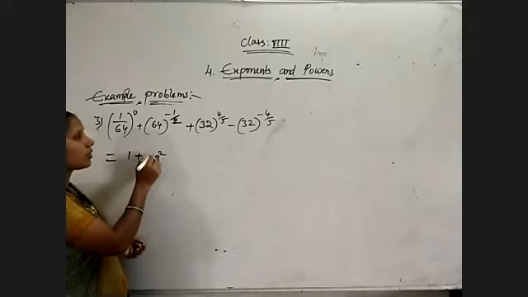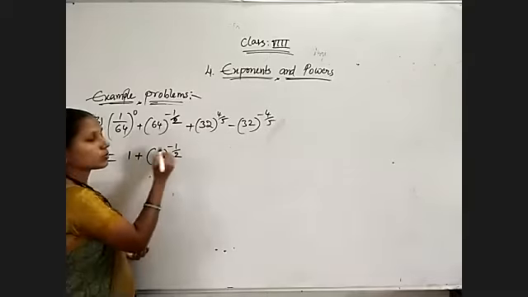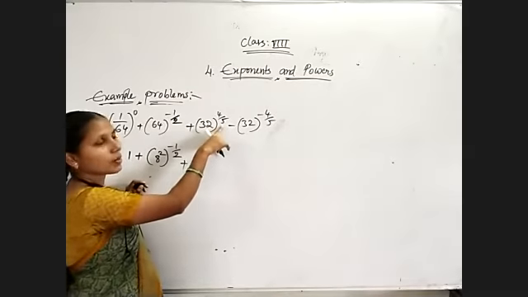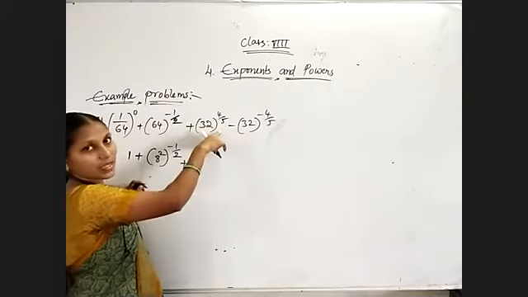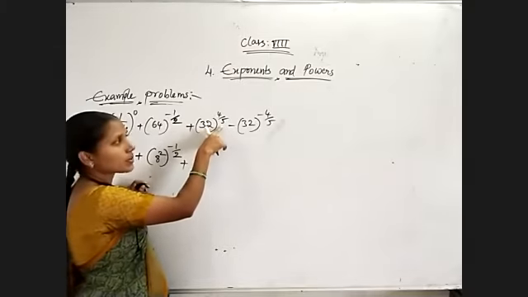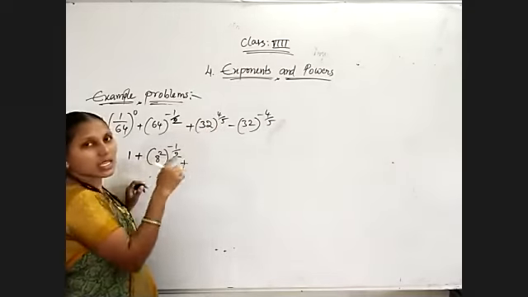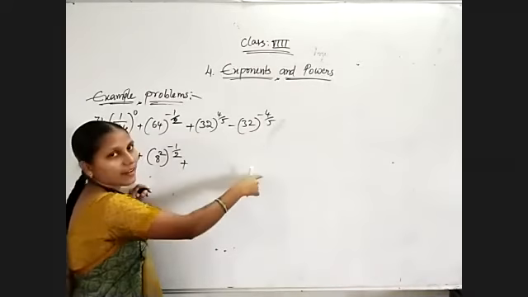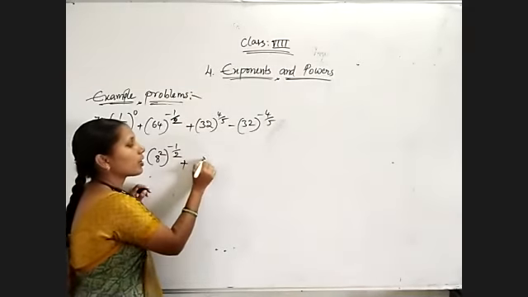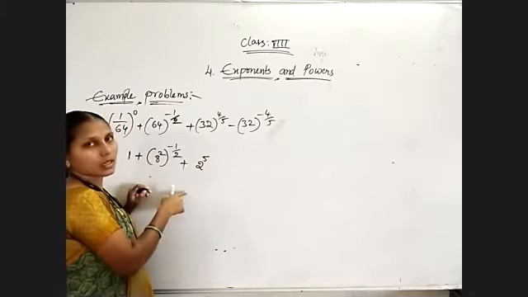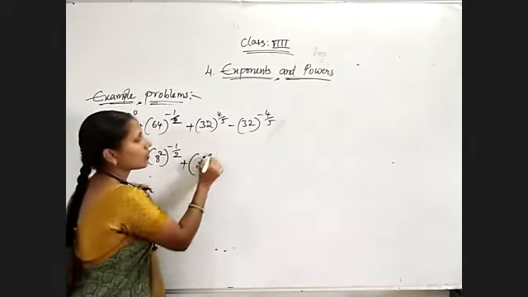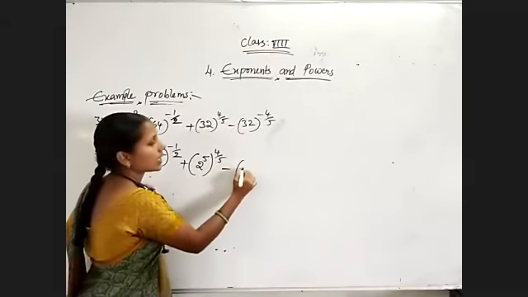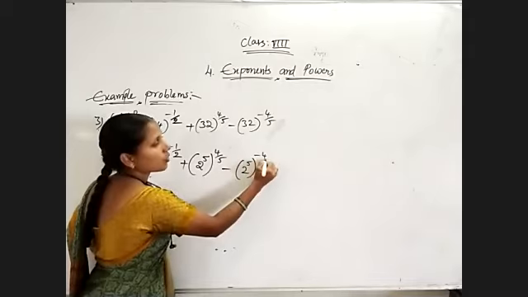So 64 square value is 8 square, 8 8s are 64, whole power minus 1 by 2 plus 32. And here just observe I have the denominator 5 for the exponent, 4 by 5. Yes or no? 5 I have. So 32 also I am representing as a power of 5. See, 32 I can express, if you don't know, go through prime factorization. You will get 2 to the power of 5, compulsory. Whole to the power of 4 by 5 I have now. Minus, again here 32 only, so I can write it as 2 power 5, then minus 4 by 5.